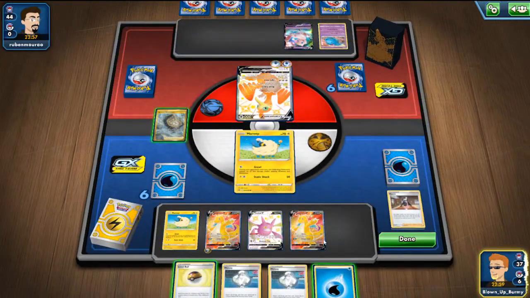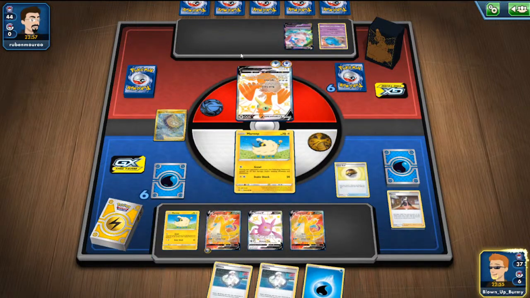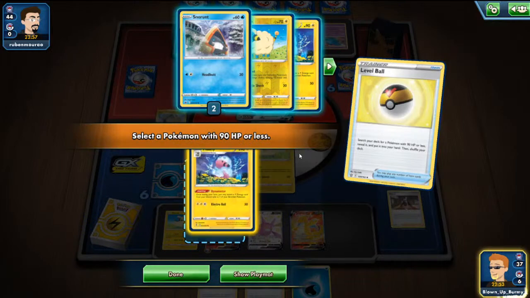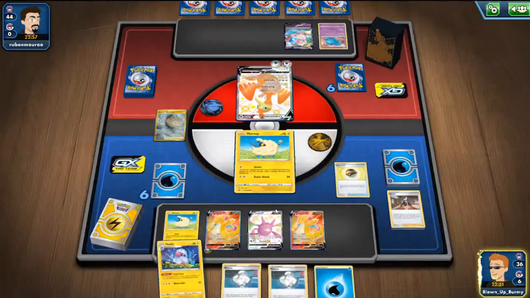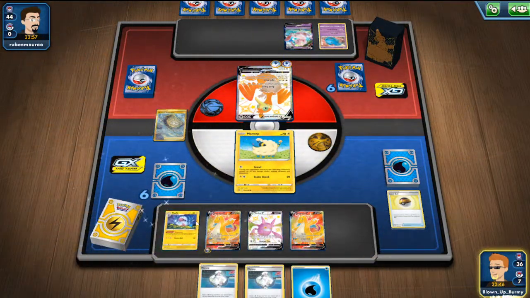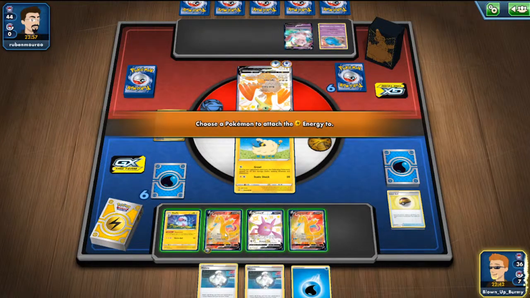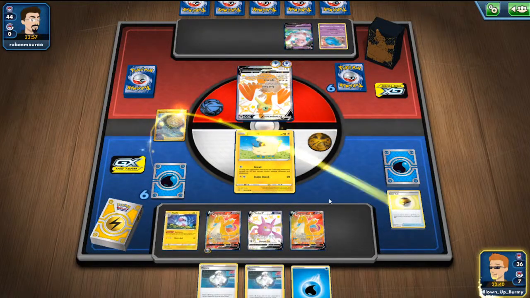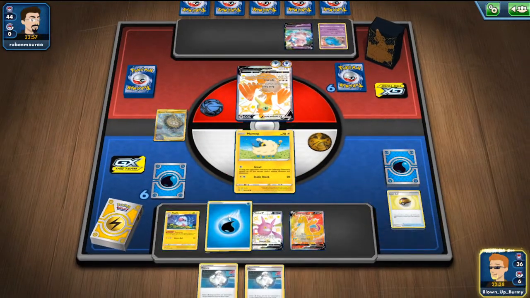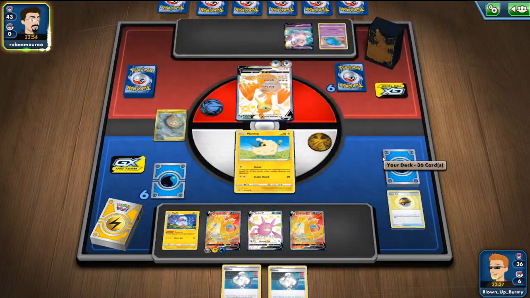Big catch. We got nothing. No more Viridian Forest, by the way. So Viridian Forest would help with the discard as well, but Viridian Forest is no more standard, so